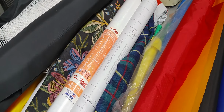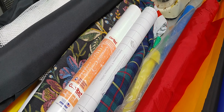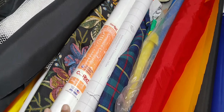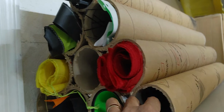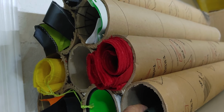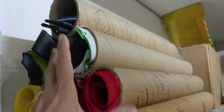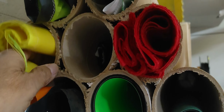And so I used to keep all my plans in those bins, and I'll just show you what they look like in just a little while here. But let me continue showing you what I had set up for this stuff. So this is one method that I was using, just reusing or repurposing these cardboard tubes. I buy aluminum tubing, and sometimes they come in these tubes to protect the tubing from bending. And so I kept a good portion of this stuff over the years, and I cut those tubes in 36-inch lengths, and this is how I was holding my fabric, ripstop nylon in particular,